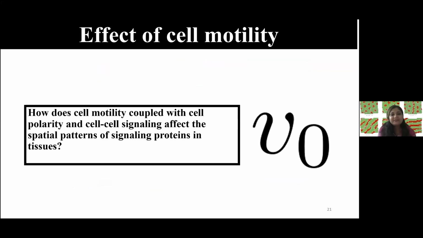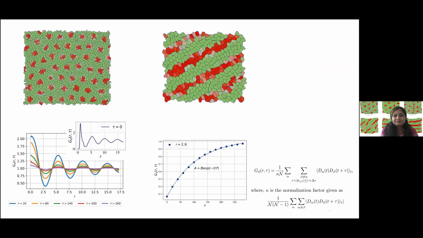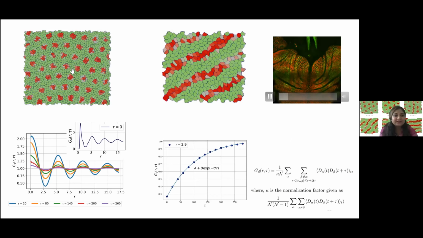Now I will see the effect of motility. So how introducing the motility term, cell motility, in the system affects the signaling patterns. These are from the experiments showing how the Delta-Notch patterns are formed inside the moving tissue. So we included the motility term in both types of configurations, and then we can see how it varies